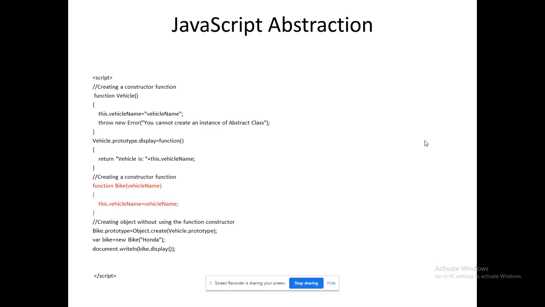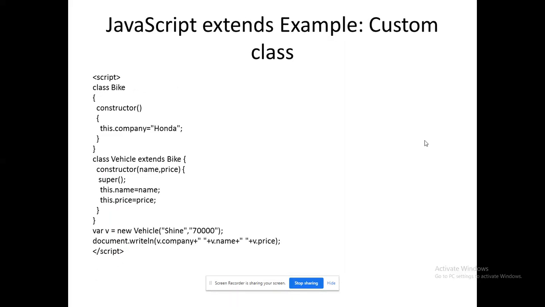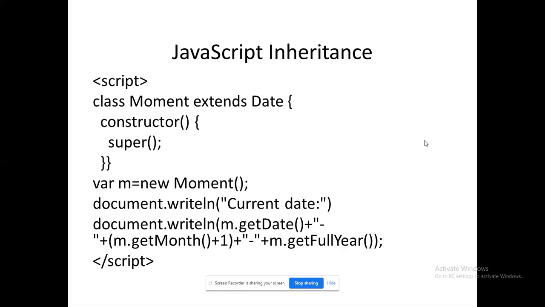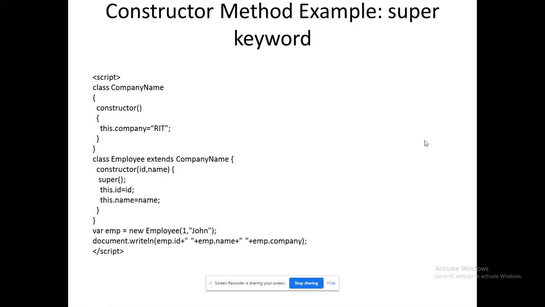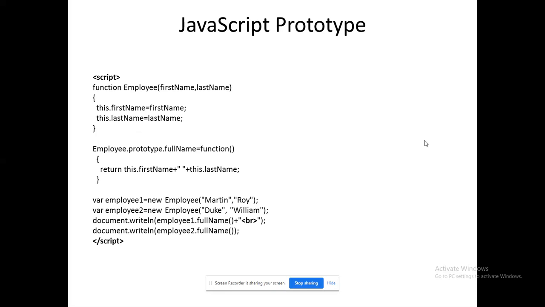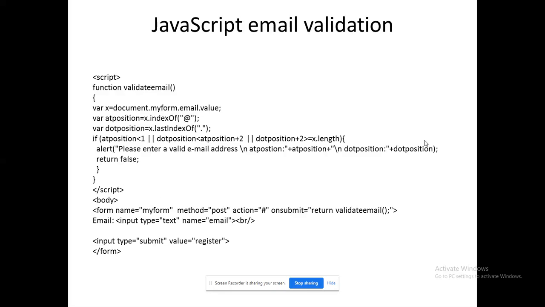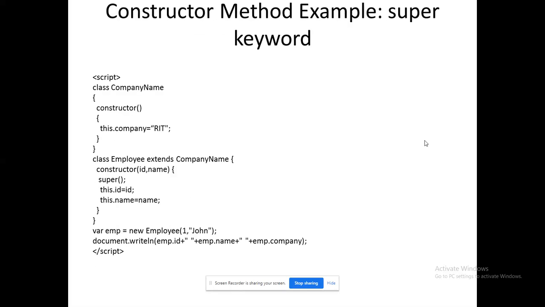That's a splendid revision of our complete OOPS concepts in this section. So we have seen abstraction, polymorphism, inheritance in two ways: one for built-in classes and another for customized classes, encapsulation, how to use a static method, how to use our constructor, how to create a prototype, and a class declaration. So up to this, we have seen the OOPS concepts in JavaScript, as well as validations in JavaScript at the initial stage, right?